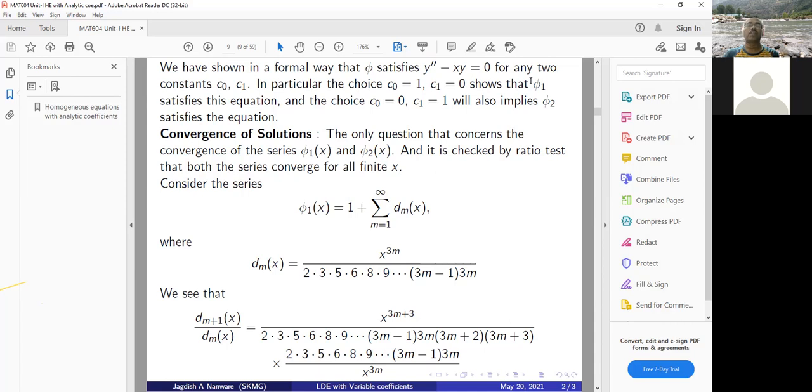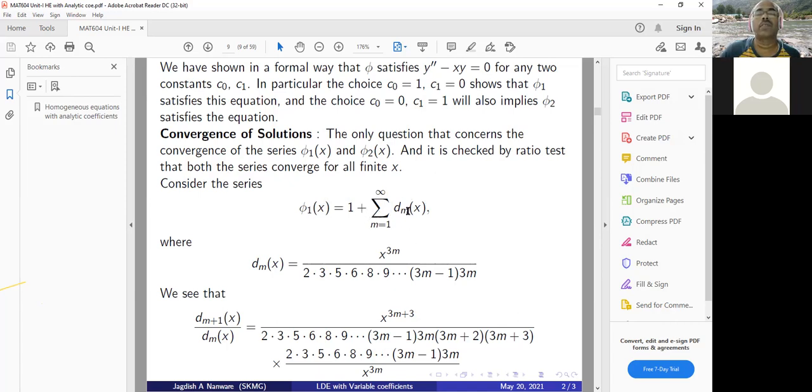You have studied sequence and series, and what the tests of convergence of series are. So here we can use the ratio test to check the convergence of the series, right? To test the convergence of the series phi1 of x and phi2 of x by the ratio test, we write